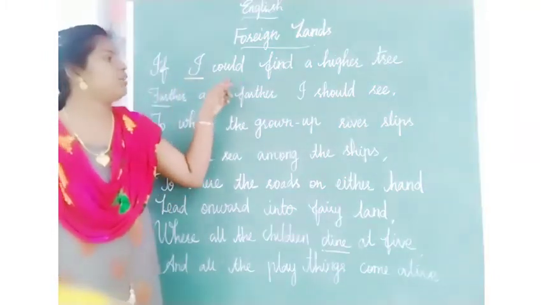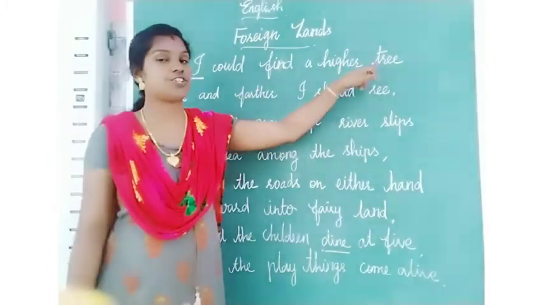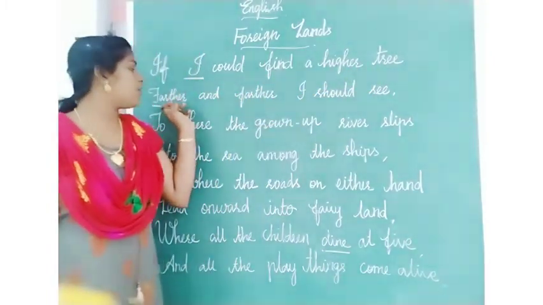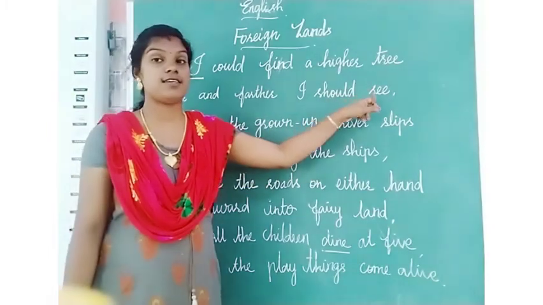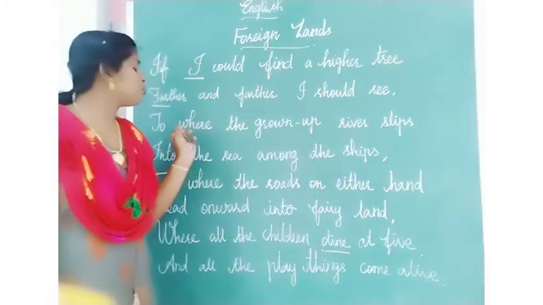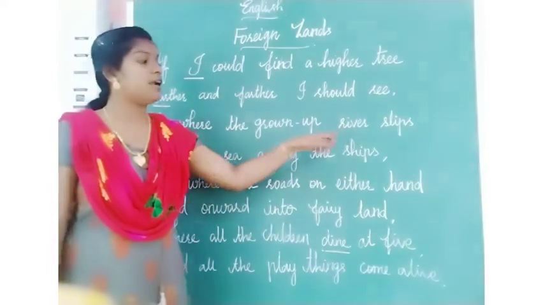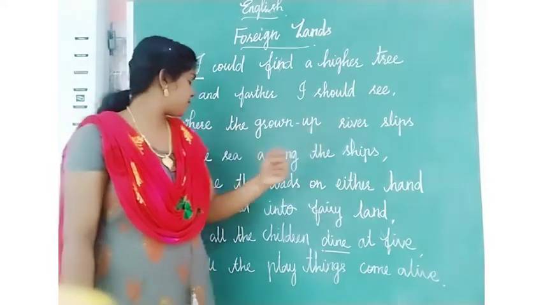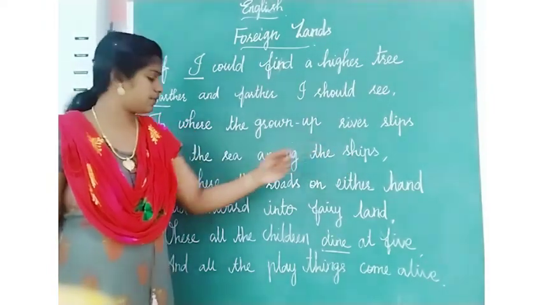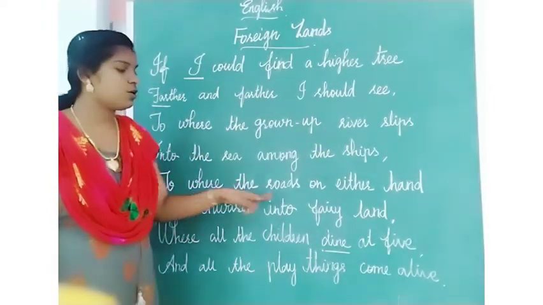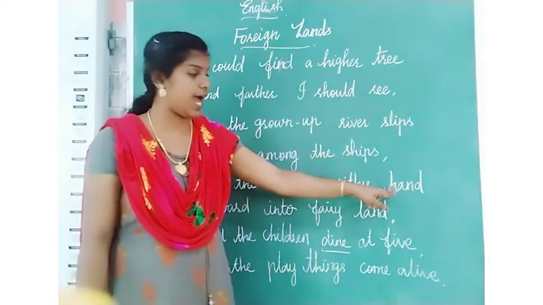If I could find a higher tree, farther and farther I should see, to where the grown-up river slips into the sea among the ships, to where the roads on either hand